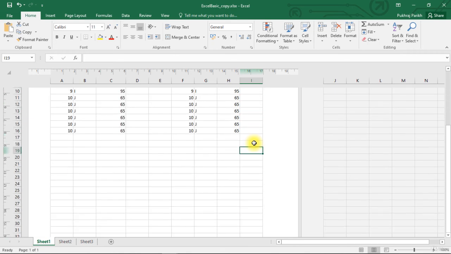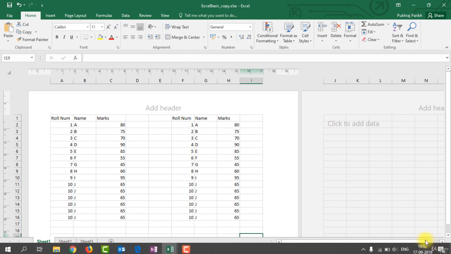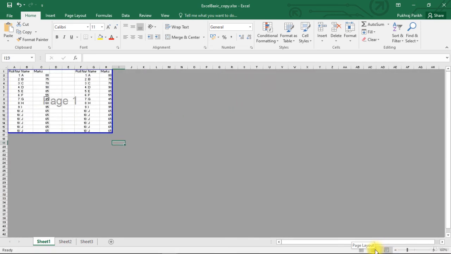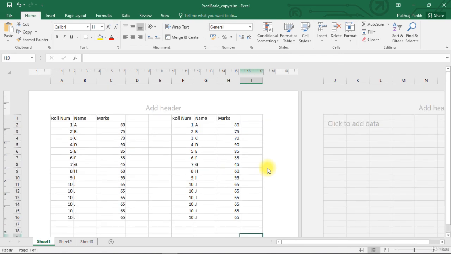This is why some people prefer page layout in place of print preview, because print preview does not allow you to make changes to your worksheet, whereas here you can make changes as well. In the third view, which is page break view, you can adjust the page break borders also. But other than that, page layout is the better view in showing how your actual printed page will look. We will not be discussing the third view for now.